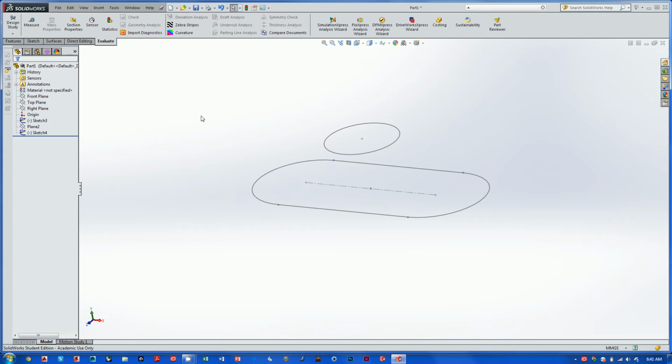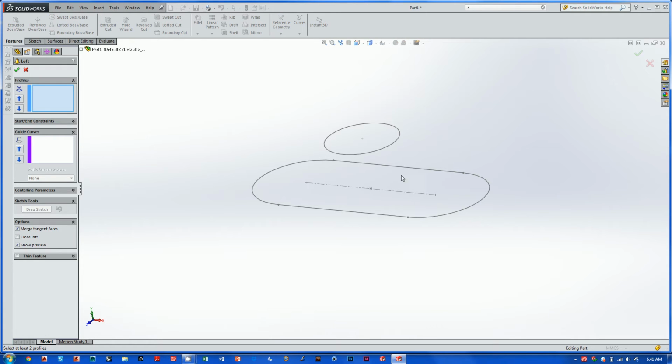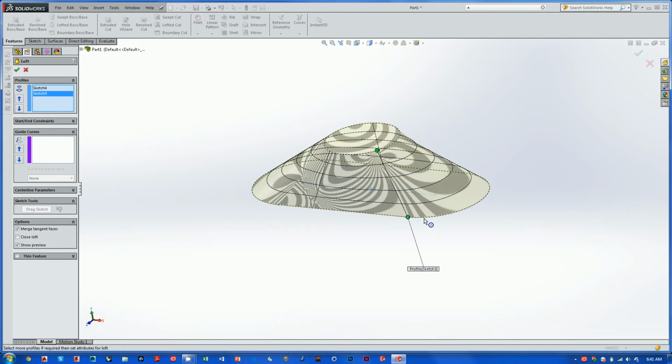Okay, and now we're going to loft between the two sketches. So let's take a look at that. Let's go lofted boss base, and we're just going to go 1 and 2. There you go. Now remember when you do lofts that you have to be careful about where you click on